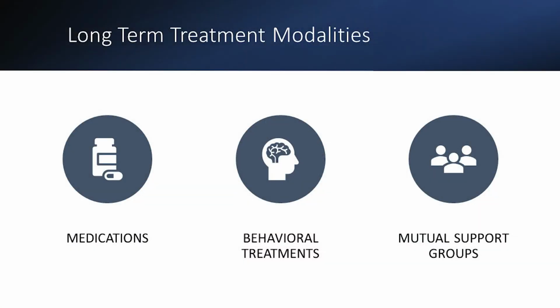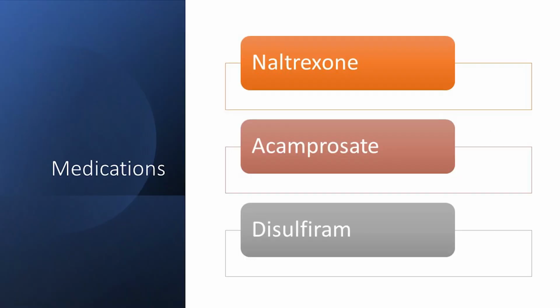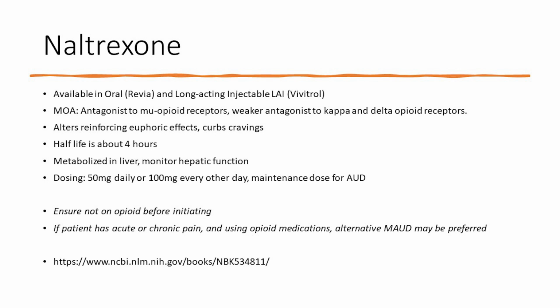Long-term treatment. You can treat with medicine, you can treat with therapy, and you can also do some support groups and counseling and things of that nature. I will be going over the medications. There are 3 medicines approved by the FDA for treatment of AUD. Naltrexone, acamprosate, and disulfiram. Those are the 3 medications. Now, naltrexone is the first line,